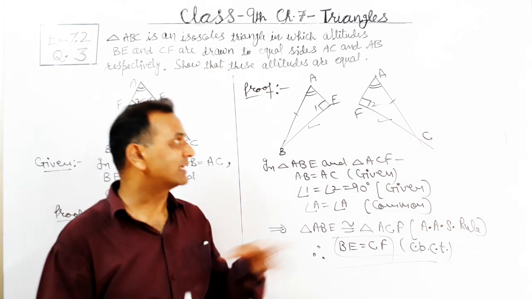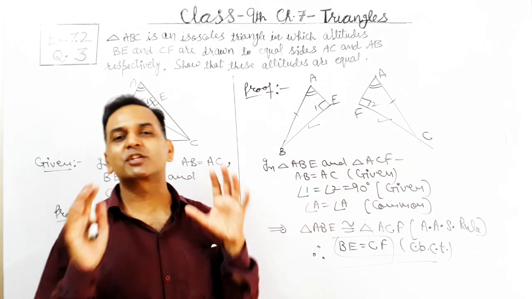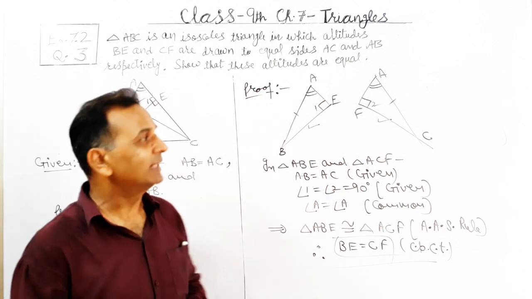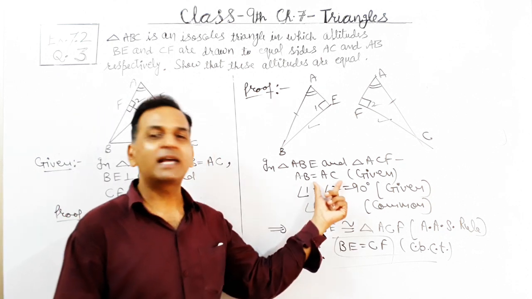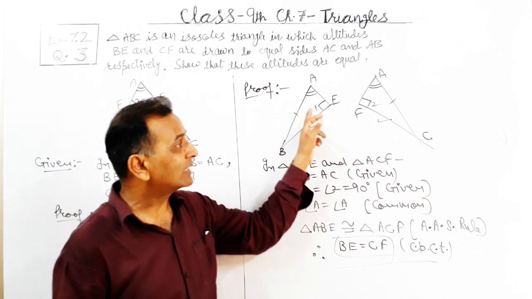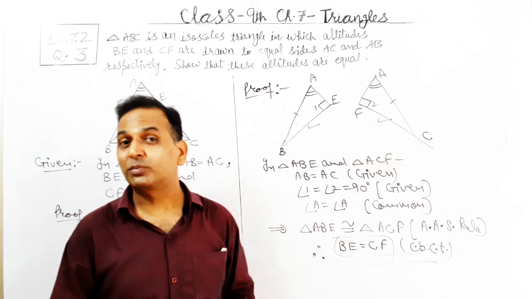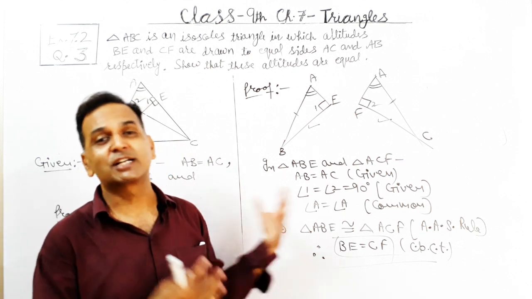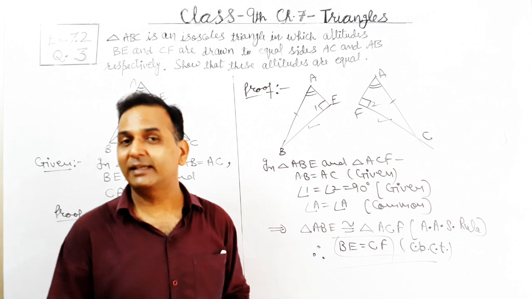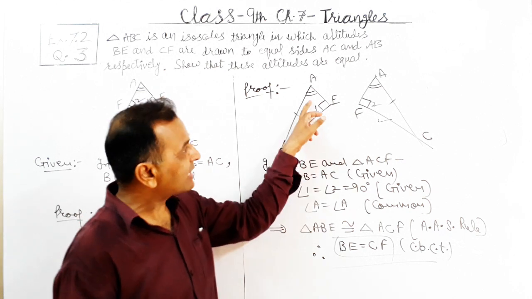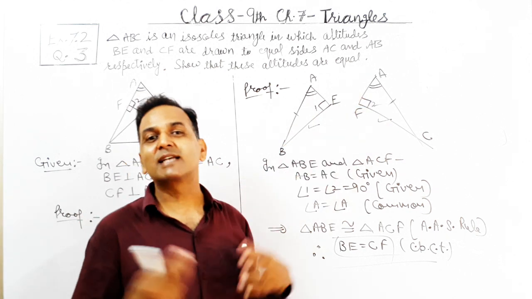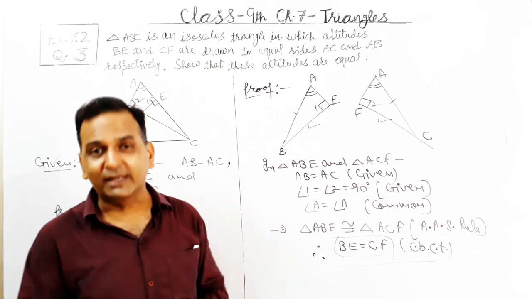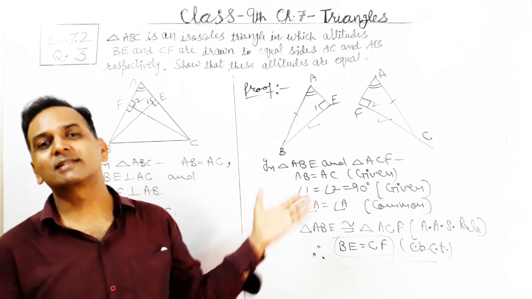And in the proof we can see in these two separate small triangles we can identify the three required components. In these two triangles AB and AC are equal because it is given. Angle 1 equals angle 2 because each of these two is equal to 90 degrees, because there are two altitudes BE and CF. That's why these two angles are 90 degrees each. And similarly this angle A equals angle A because these are the common angles. This angle A is present in both of these triangles. That's why we have to say it is the common angle.